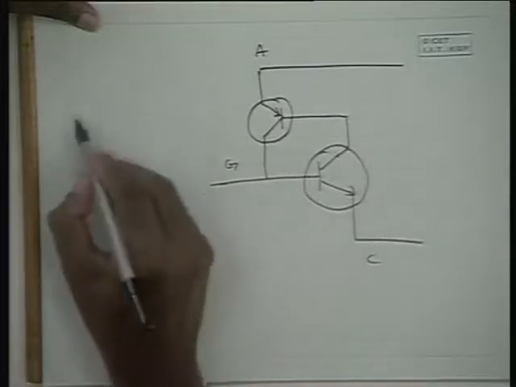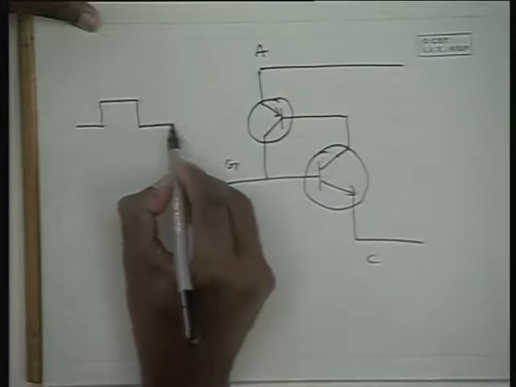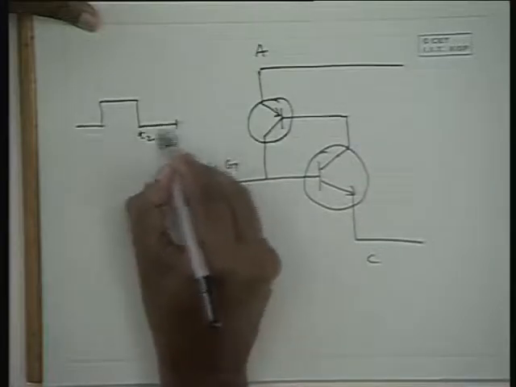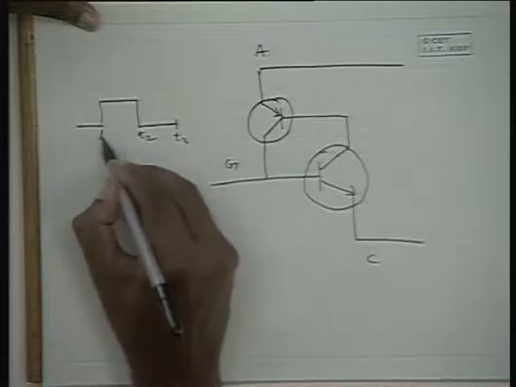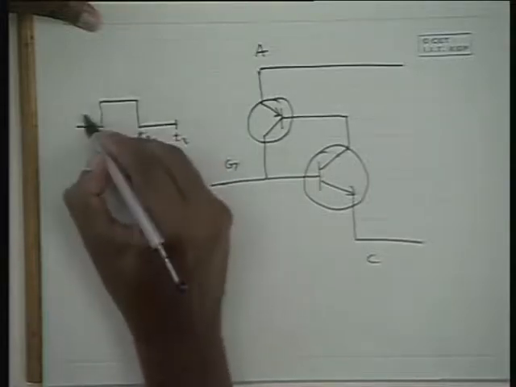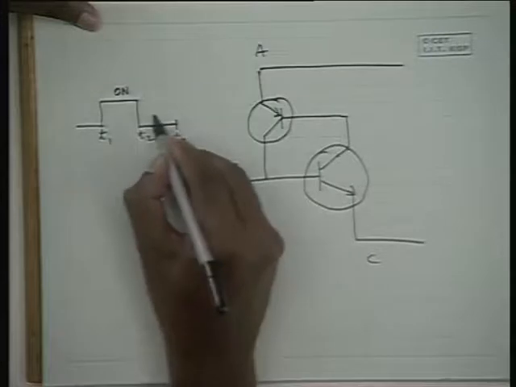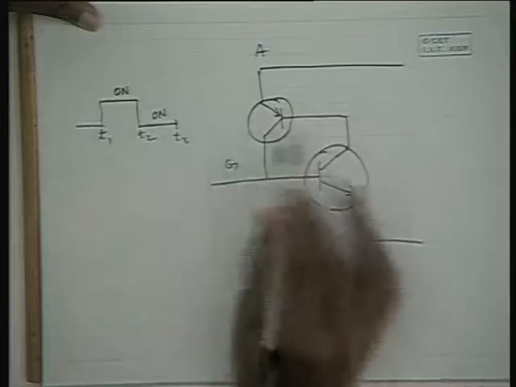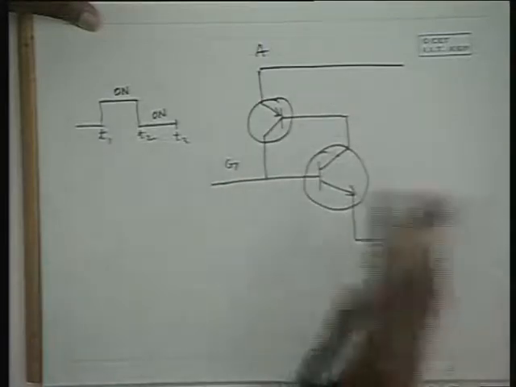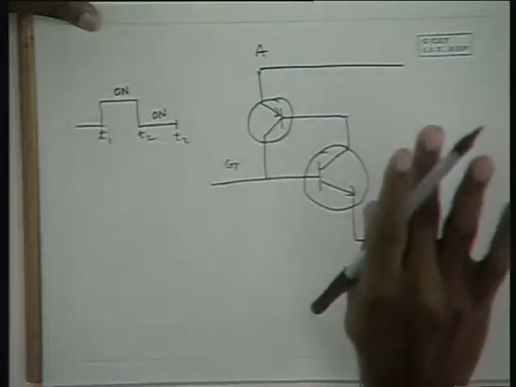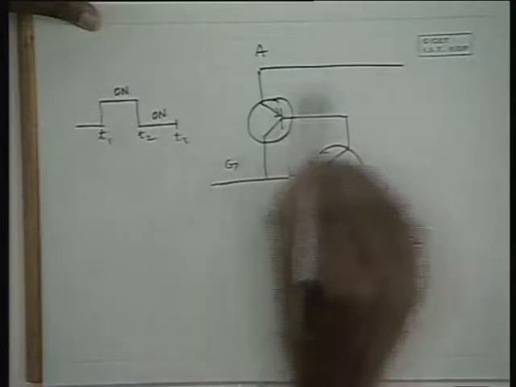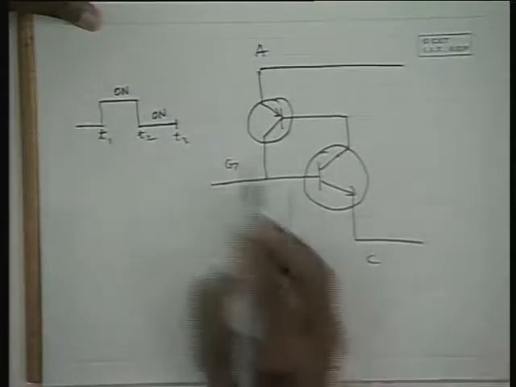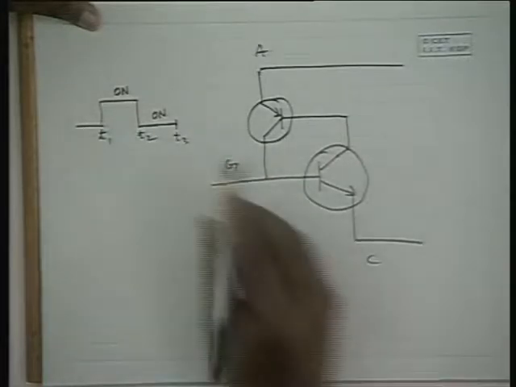Now the situation is when T is here. So during this condition it was on, and now it is on. Somehow it is turned off by breaking the current, but that is a different one that I have discussed already. Now let us see a situation. It is already turned on by this positive potential, and we are now in between T2 and T3. Now at T3, if you apply a negative potential